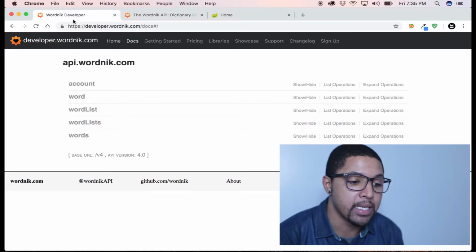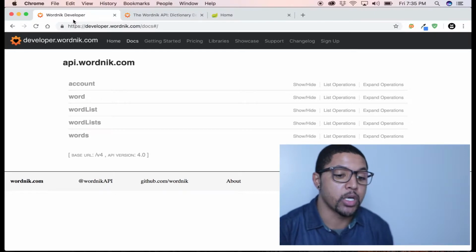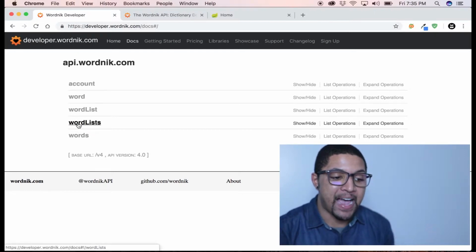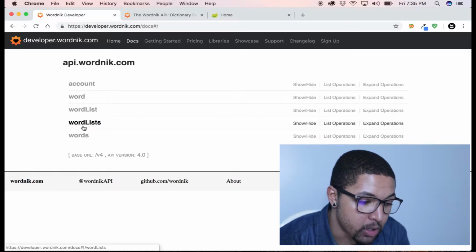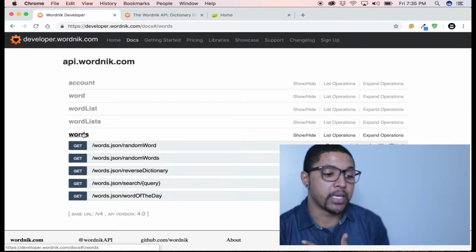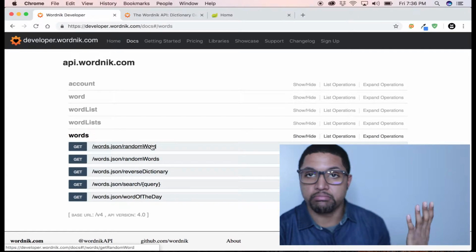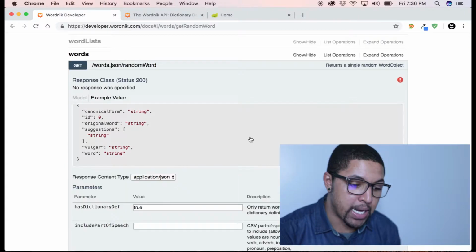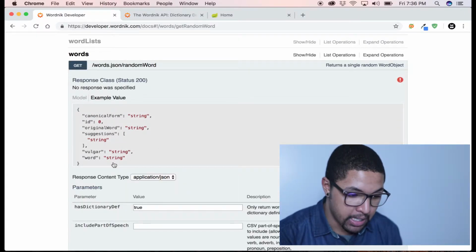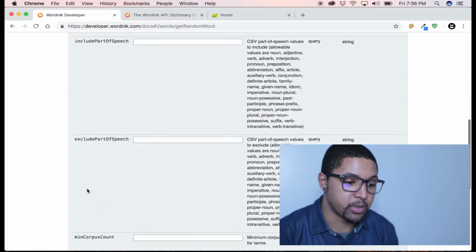Once I got my API key, I came here to the documentation. And this is where you're gonna wanna look to see, how do I use this thing? So for me, I went inside of words, and right here we have random word. Perfect. That's all I need. So now it's time to look inside of here and see what type of